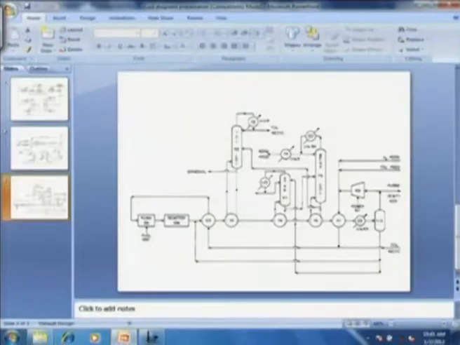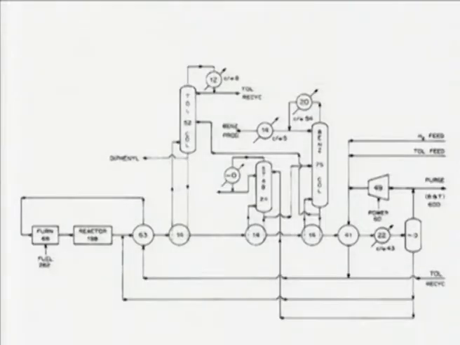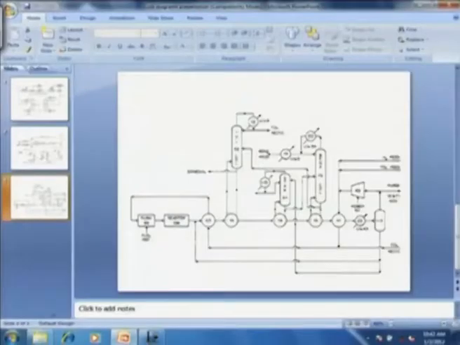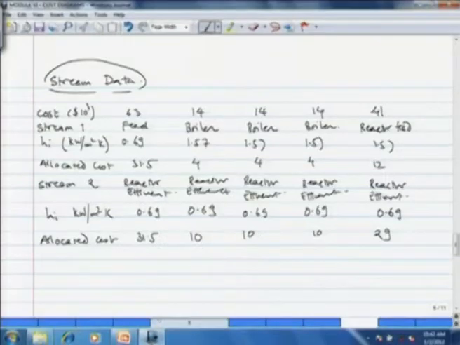And then we identified 5 heat exchangers in the process that I just showed to you. The first heat exchanger exchanges heat between the reactor effluent and the recycled toluene, then the toluene reboiler, then the stabilizer reboiler, the benzene reboiler, then the fresh feed and reactor effluent heat exchanger, and finally the cooling, the condenser. Based on this, now we have to allocate the cost that we did in the previous lecture.